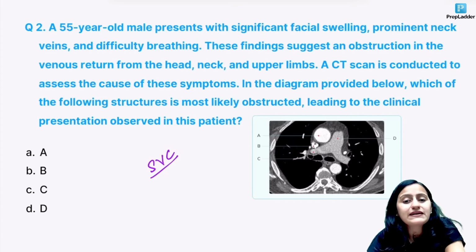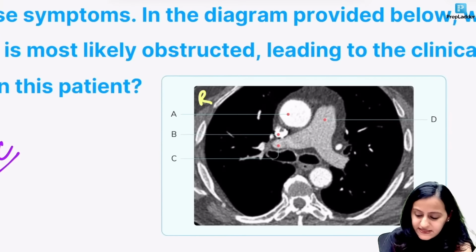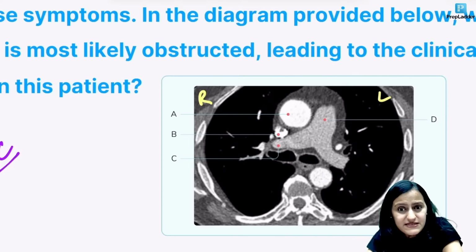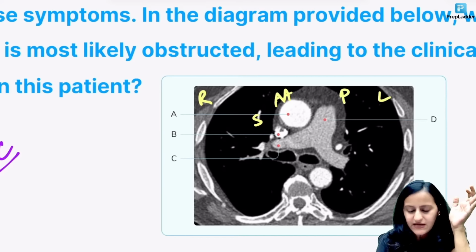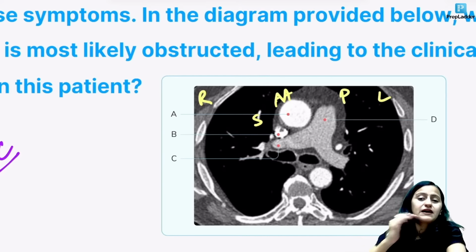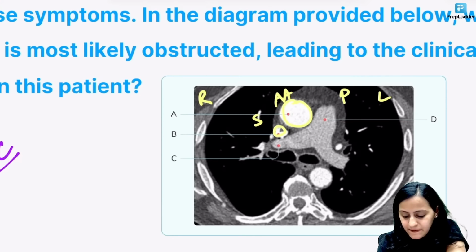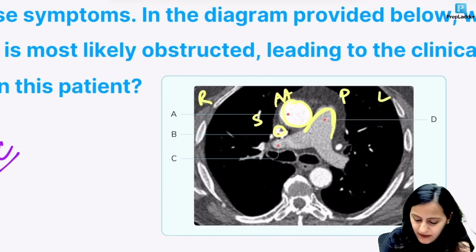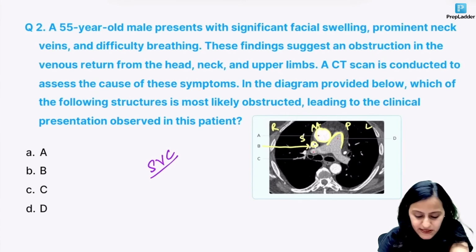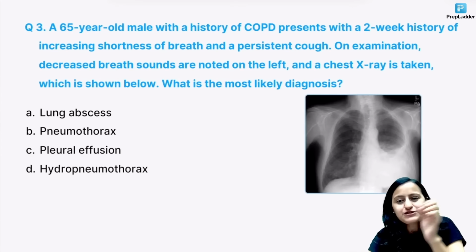When you have a look at the image here, the mediastinal vessels that you have, we have discussed in our videos. This is the right side, this is the left side. Do not make a mistake there as well. Your left is the patient's right. And from right to left, the structures are the SAP. Remember, the SAP comes from right to left. So this one, which is the rightmost, is the superior vena cava. Then AA is the ascending aorta. And then you have the P, which is the pulmonary artery. So which is the superior vena cava marked here? This B is the SVC. So the answer is going to be B. Is this clear with everyone? Okay, that's great. Going to the next one.